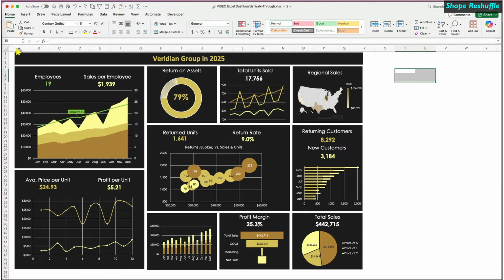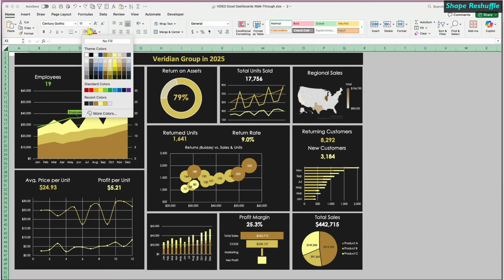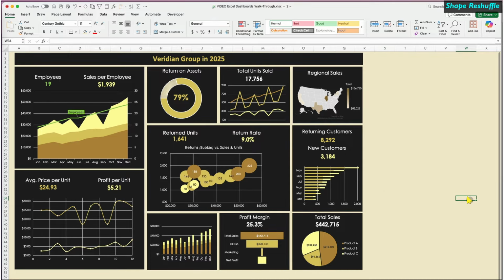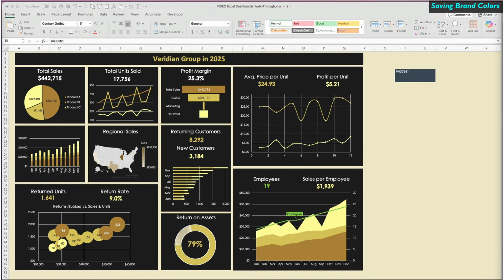As a final touch, I can also change the background color of the dashboard. I will select everything, then test a few colors to find one that complements my brand theme. That one matches well. One more thing I like to do is save my color swatches somewhere directly on the